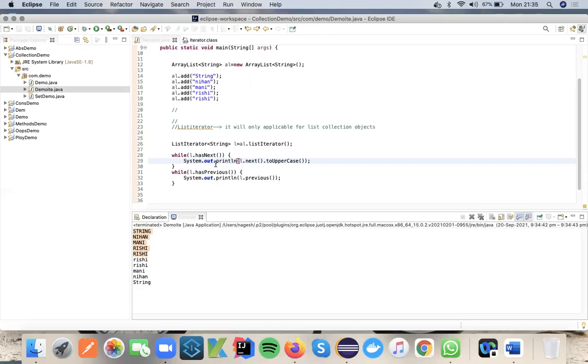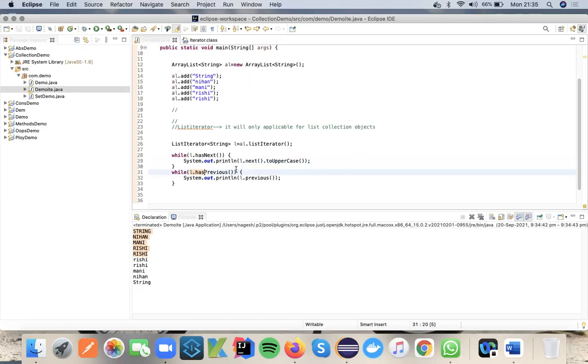First it will print the last value, then the one before the last, and so on, until the first element comes, again and again. When you don't have any element at the zero index, it will return false, then this loop will be terminated. So this is how hasPrevious works.